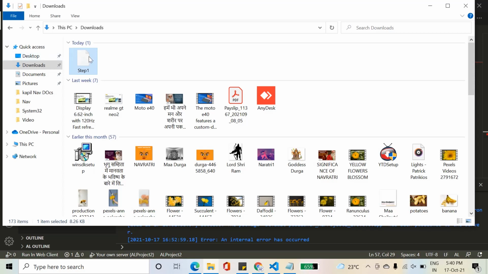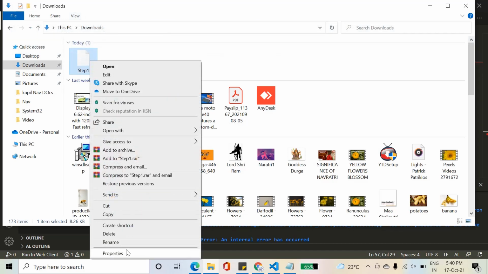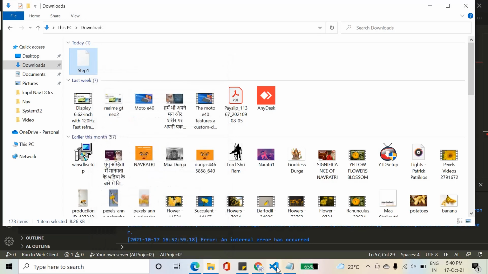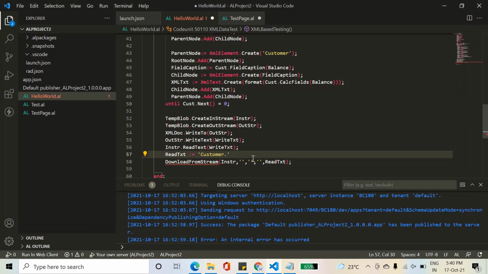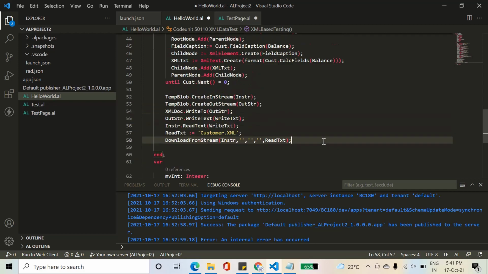So if we view the properties of it, so it's an XML document, right? So let's name it customer.xml, right? So system will download the data in a file which will be having a name customer.xml. All right,